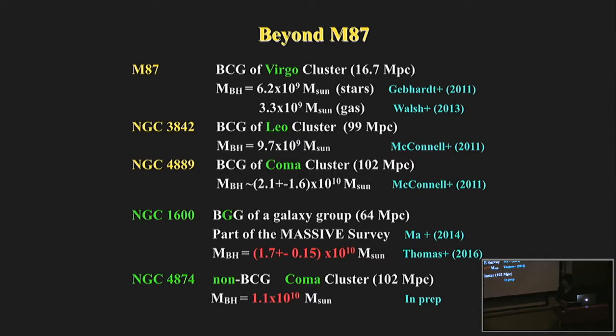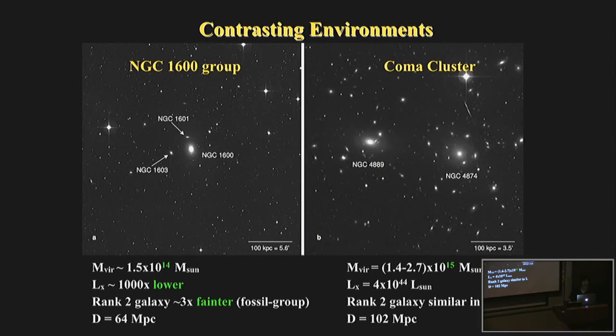We're still running many short orbit models to pin down the error bars here. Our data look pretty good. So I would just compare these diverse environments lived in by these most massive black holes. Here is the figure we had in our Nature paper comparing the NGC 1600 group to that of the Coma cluster. Both are shown to 500 kiloparsec on a side, so this is a very fair comparison of physical sizes.